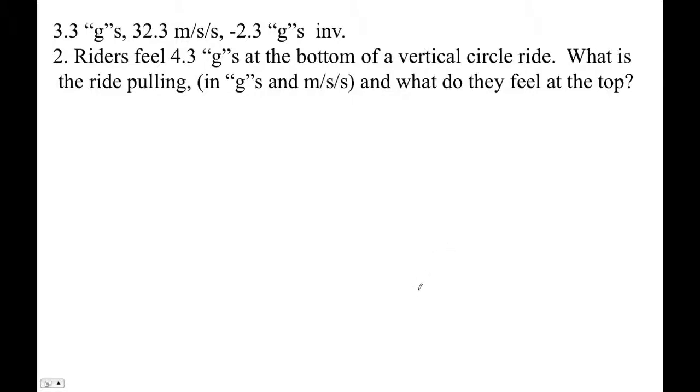All right, riders feel 4.3 Gs at the bottom of a vertical circle. What's the ride pulling in Gs and meters per second squared? And what do they feel at the top? Okay, so remember, at the top it's 1G minus the ride. And at the bottom it's